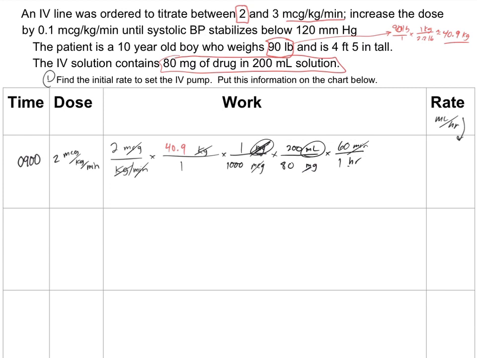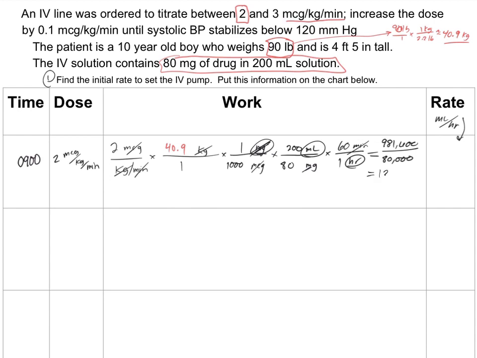Minutes will cancel, be converted into hours. So what I'm going to do is multiply all of the numerators, very much like I did in the critical care example. So 2 times 40.9 times 200 times 60 gives me 981,600. And if I multiply all of the denominators, 1 times 1,000 times 80 times 1 gives me 80,000. Now when I put that quotient into my calculator, I will get